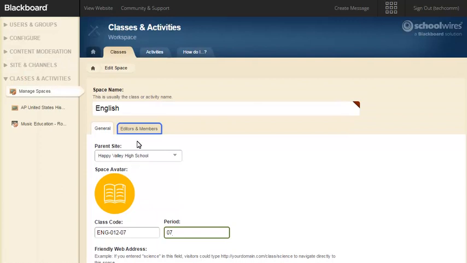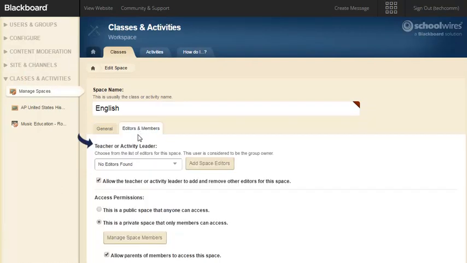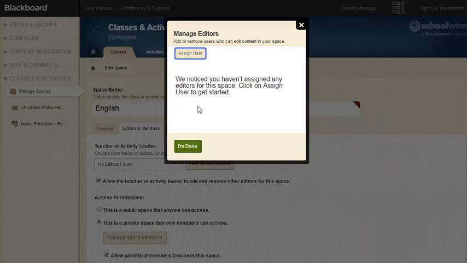On the Editors and Members tab, you can select the teacher or activity leader for your space. This user is considered the group owner. However, before you can select a teacher or activity leader, you first have to add an editor or editors to your space. To add an editor, we'll first select Add Space Editors, select Assign User,